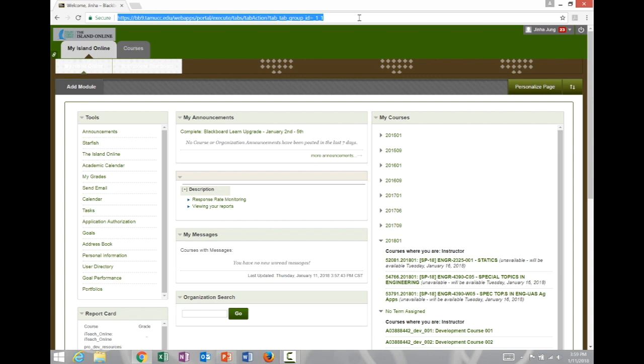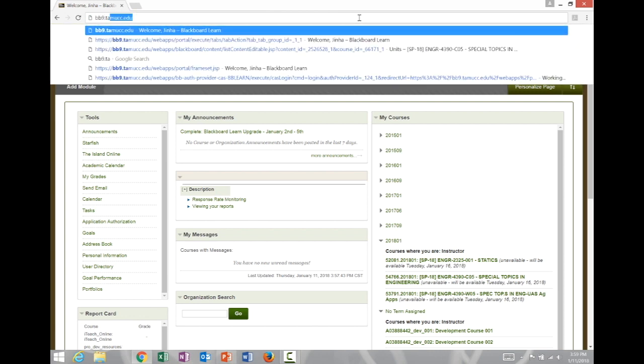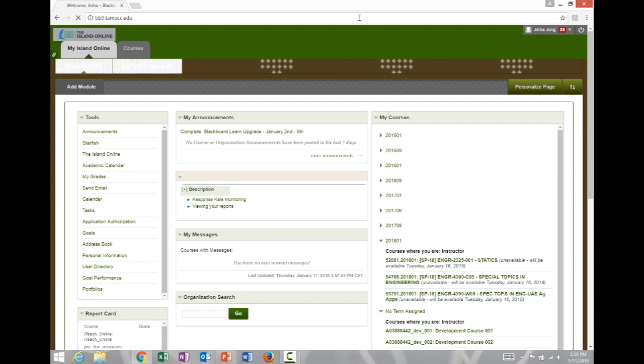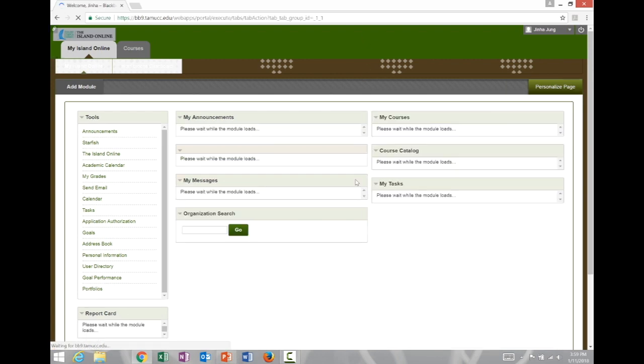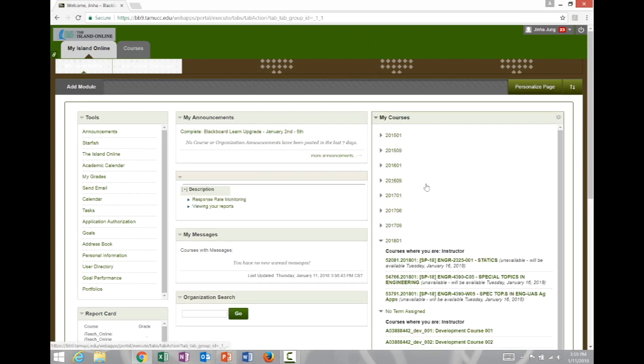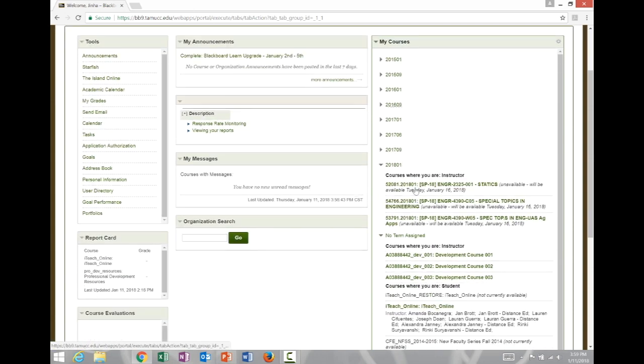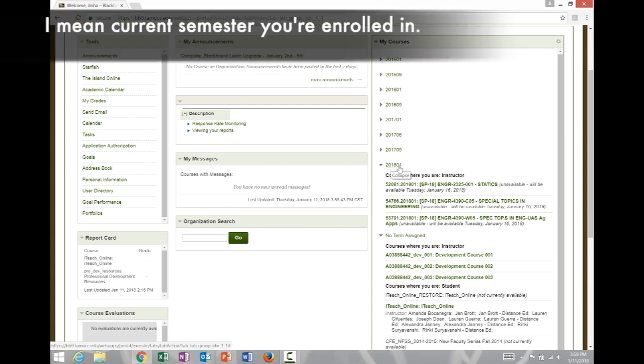But assuming that you don't know how to do it, this is how you connect in your web browser. Type in bb9.tanuc.edu and enter, and you need to type in your ID and password. I already typed in my password, so I'm just seeing this page, but when you first log in, there's another page you have to go through to type in your ID and password to get here. Once you get here, on the right section it says My Courses. If you scroll down, make sure you open the 2018-01, which is the spring semester,